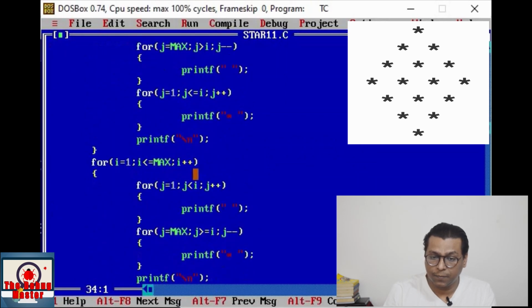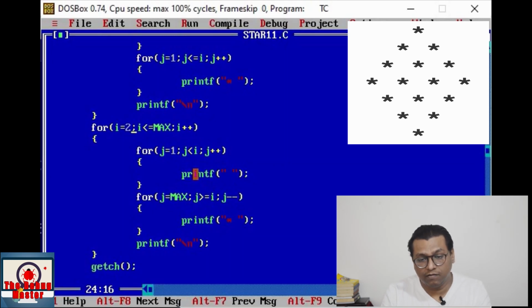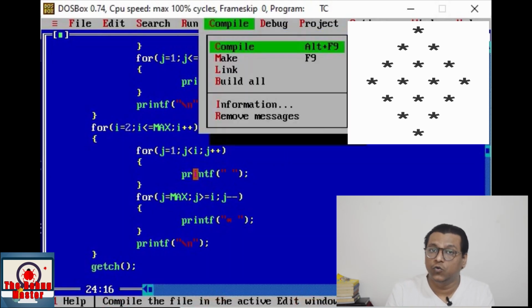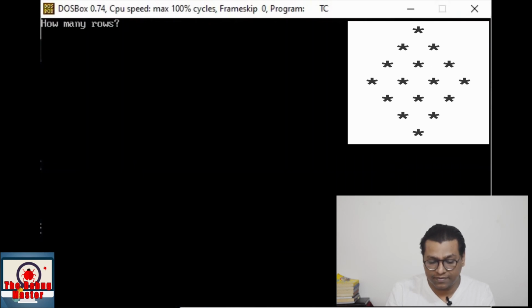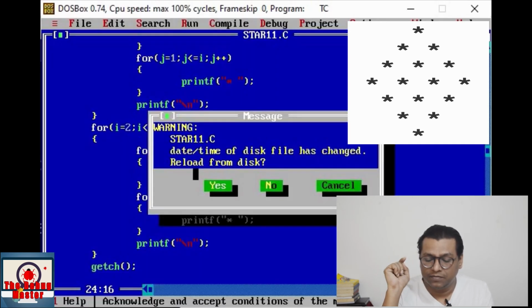Means here if we skip the first iteration of i, then the first row of the second pattern will be skipped, right? So here we shall initialize i with 2 and see what is the result, right? The exact result that is displayed in the image. Okay friends,